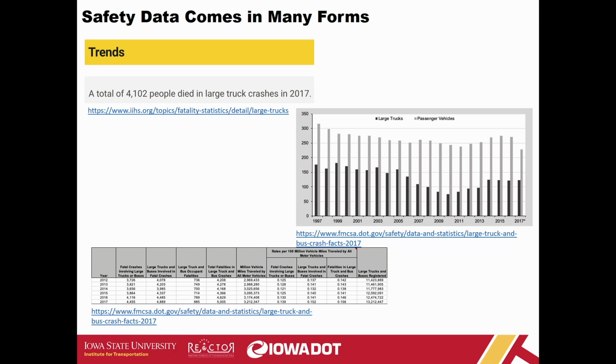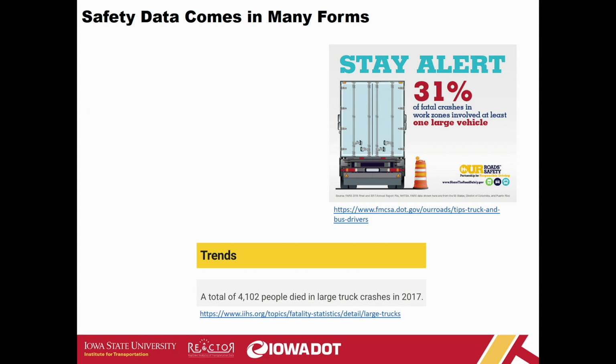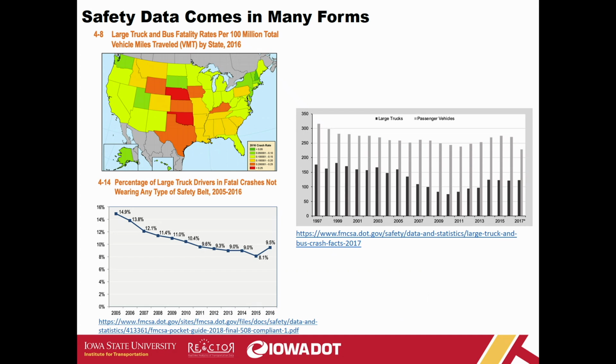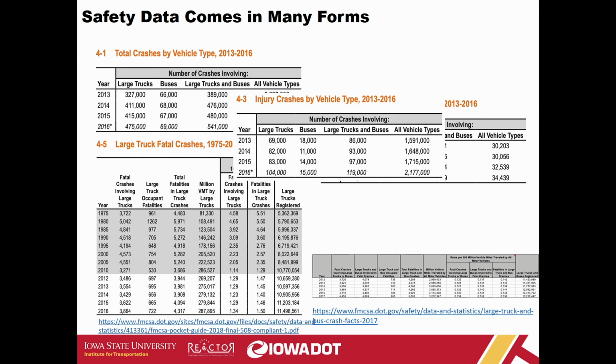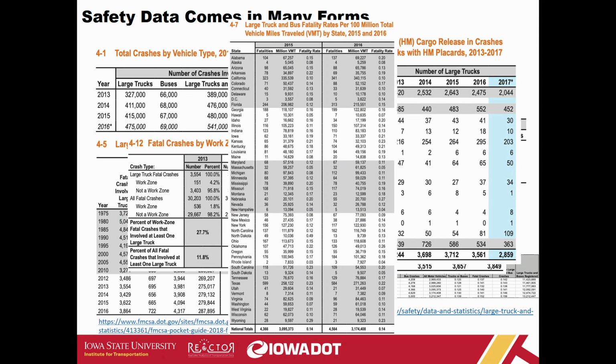And so typically we get data in a lot of different formats. The high level ones where you just get a single number that's really generic. You don't know a lot of the details behind it. We do get some fairly decent charts and maps showing the data, but the most common one, in at least the safety realm, is charts. And more charts and more charts. And actually there's 21 different tables in the pocket guide that the FMCSA has for the safety statistics. And Iowa State is definitely safety focused, and we're heavily guilty of doing a lot of